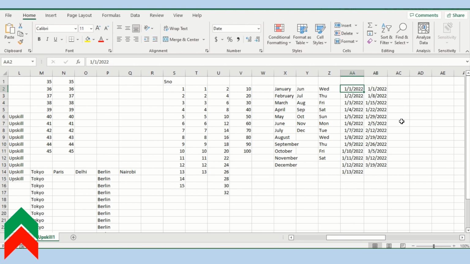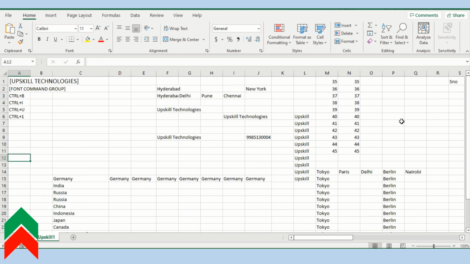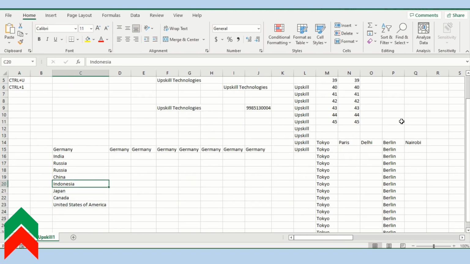Now these are the predefined lists, but sometimes you would want your own list. Suppose you work on a report which has a list of countries, and you want the things that we did here, right? So Germany, India, Russia, and China. Wouldn't it be cool if I just type India here and I drag it, but instead of just getting India, I should get the other names in the list, maybe like Russia, China, and all. So these are called custom lists, and we will see that in the next video, how to make our own custom list,